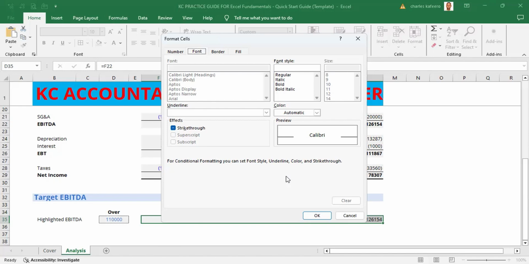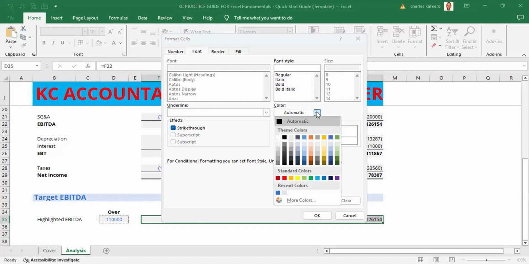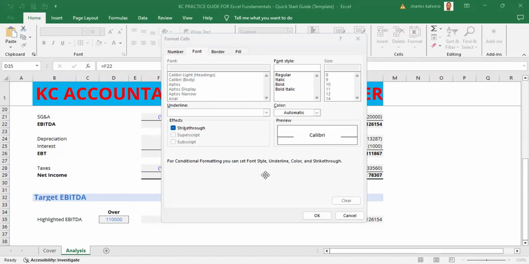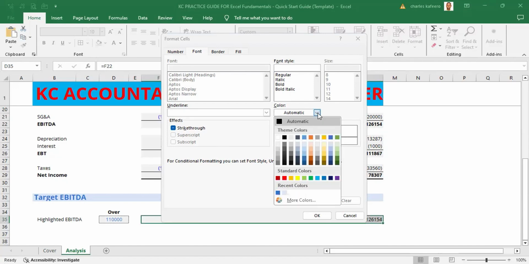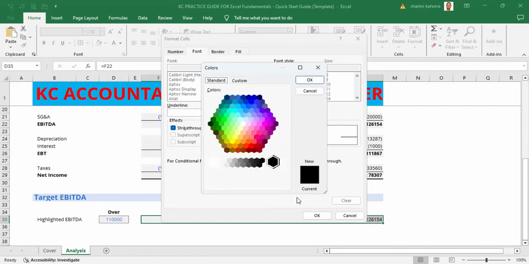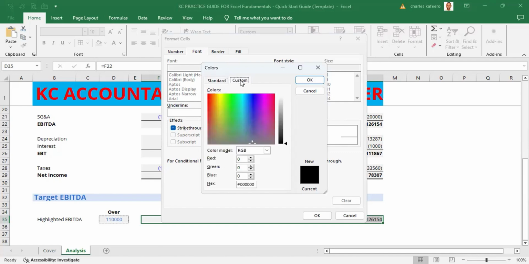But first of all, we want the font to be bold. So let's now go down here and define a color. We are now in the format where we are going to define the color that we are going to use. So we have to go all the way down here to more colors. Then we leave the standard and go to customize, because we need to put in that